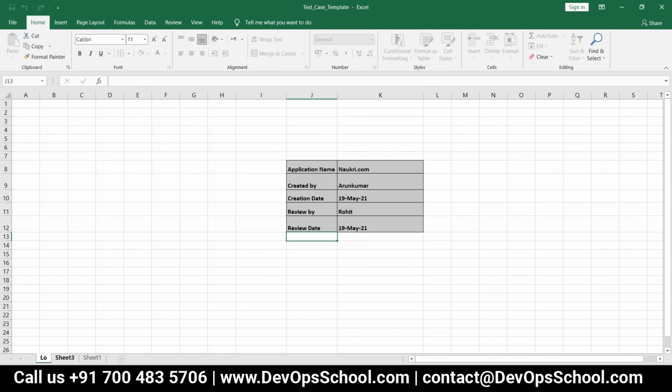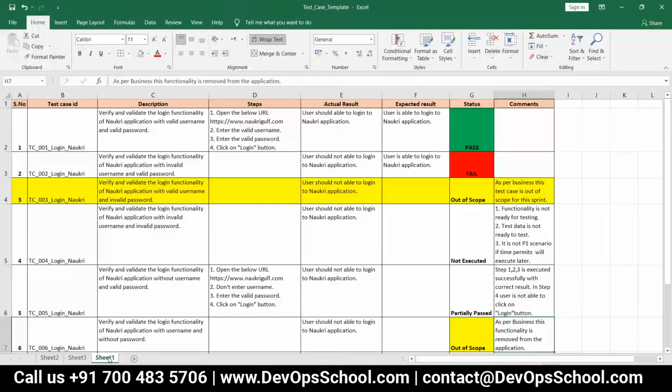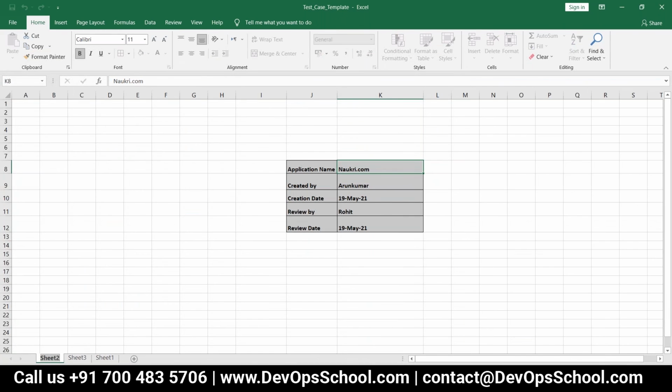Sheet 2, or because sheet 2, this is the one, no? This is the one, sheet 2. No. Sheet 2 login. Just write down login. Okay, Naukri. First mention login. Yeah, login underscore Naukri. That's all. Now next is